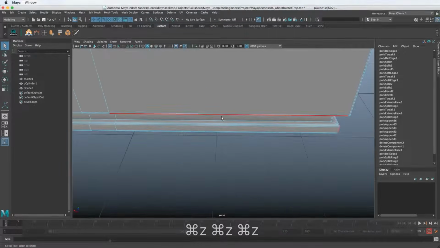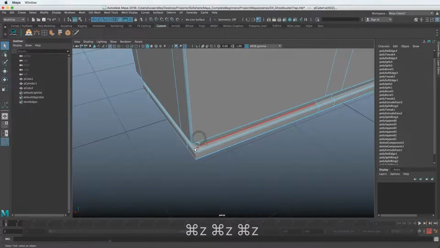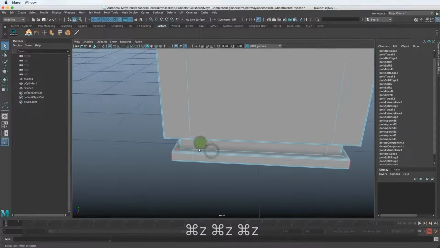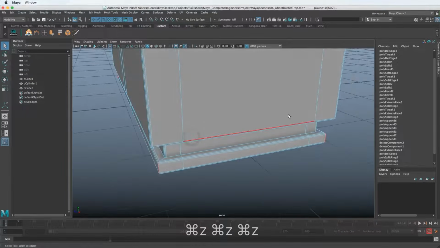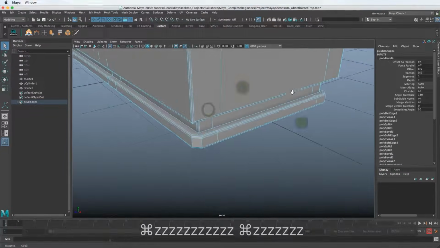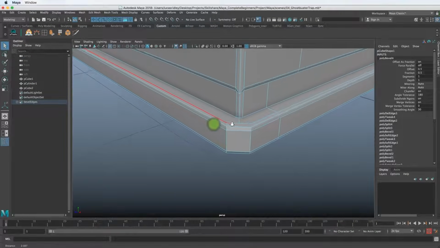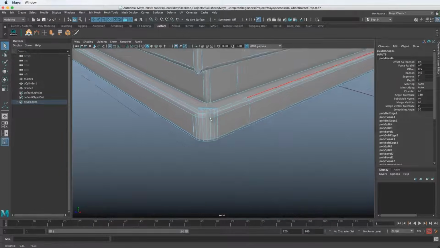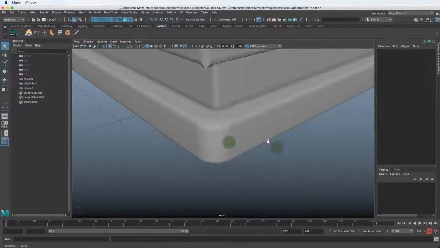So again, anytime I'm modeling something in my head, I have an idea of how it should work, but it's not entirely certain that's going to be the case. So let's go to polybevel. Now, here we go. So let's zoom in and let's see if we can increase the segments here. And let's go to object mode and see how that looks.